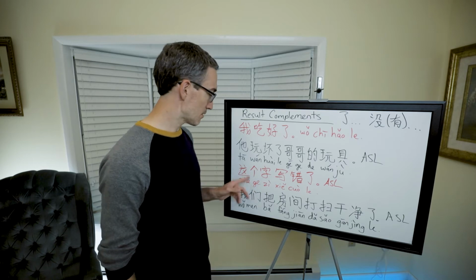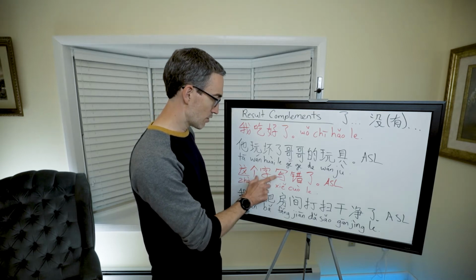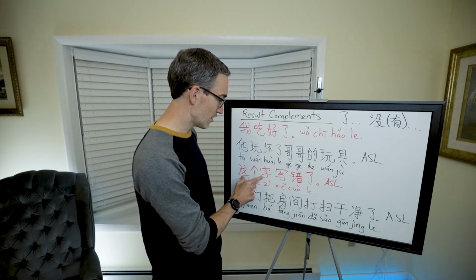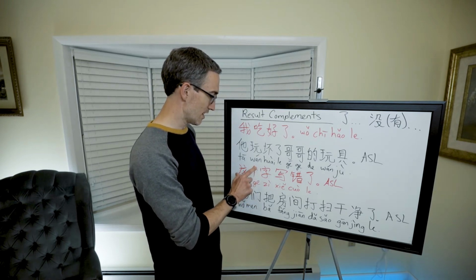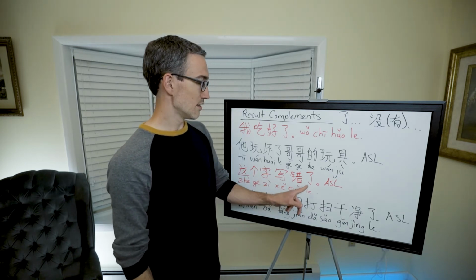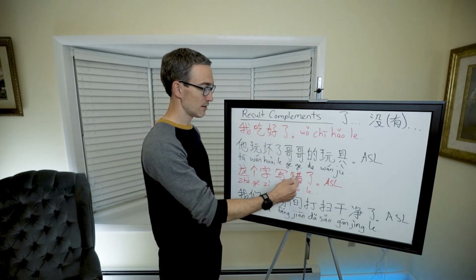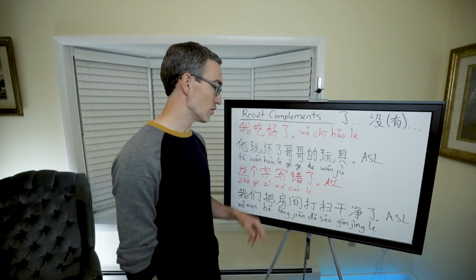One of the reasons I wanted to use this particular sentence is because it shows you that sometimes with result complements, this is like a topic sentence in essence. The character, it looks like 这个字 should be the subject of the sentence, but there's no subject. It's just saying 这个字写错. It's almost like a passive voice. 这个字, this character was written wrongly, was written incorrectly, but it's not in a passive form. It's kind of like the topic 写错了. 这个字写错了, written. So it doesn't have the subject in it, and there's other ways that Chinese will do this, like